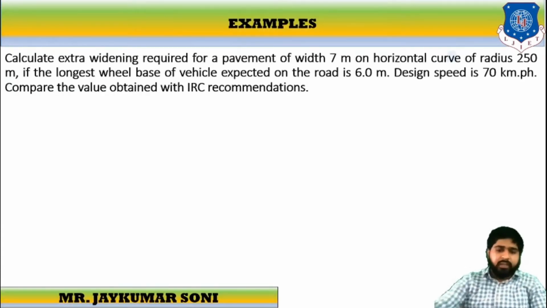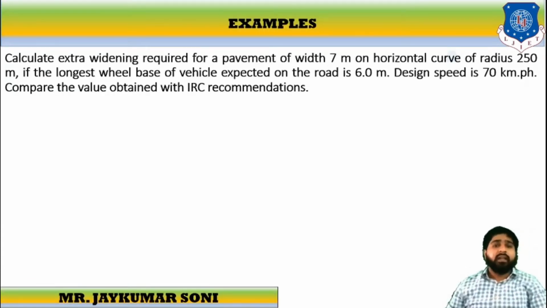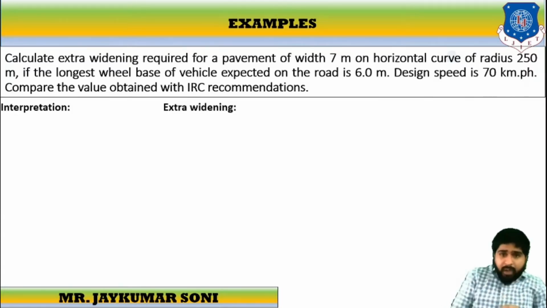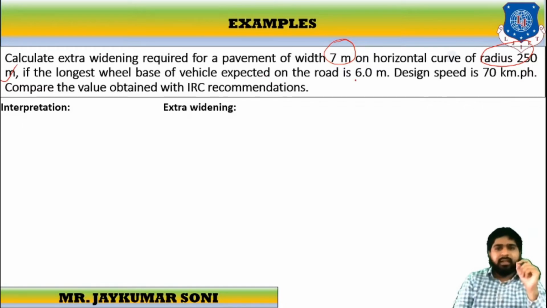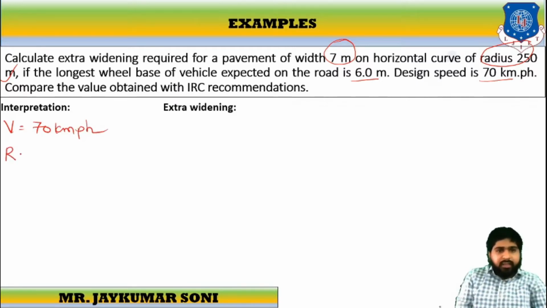The first example statement states: calculate the extra widening required for the pavement width of 7 meter. The pavement width given over here is 7 meter. A horizontal curve of radius 250 meters is given. The longest wheelbase is given as 6 meter. Design speed is given as 70 kmph. So let us interpret. First of all, we have been given the design speed V as 70 kmph. Then the value of R is given as